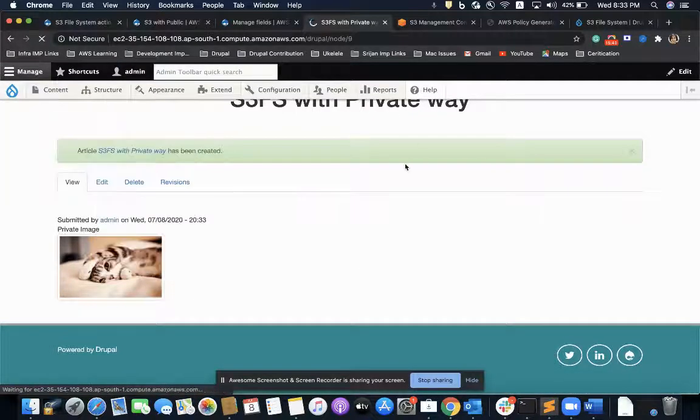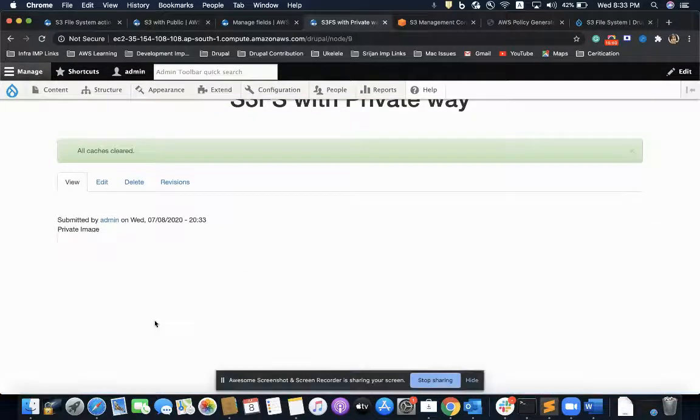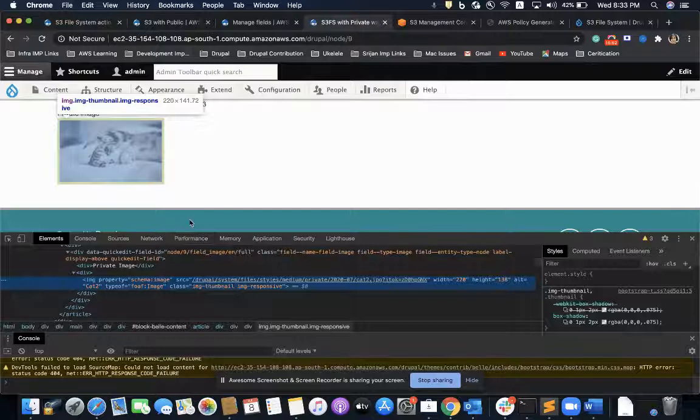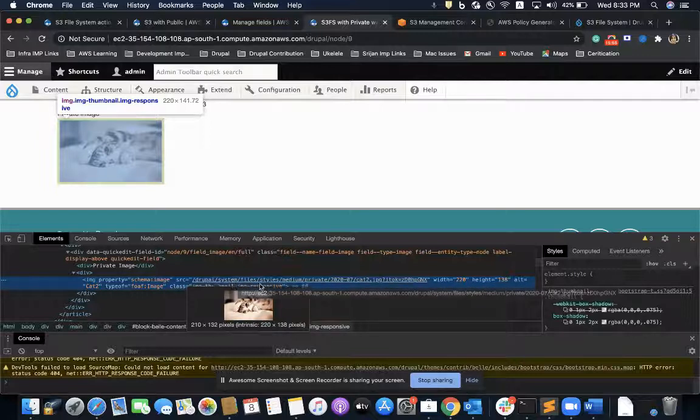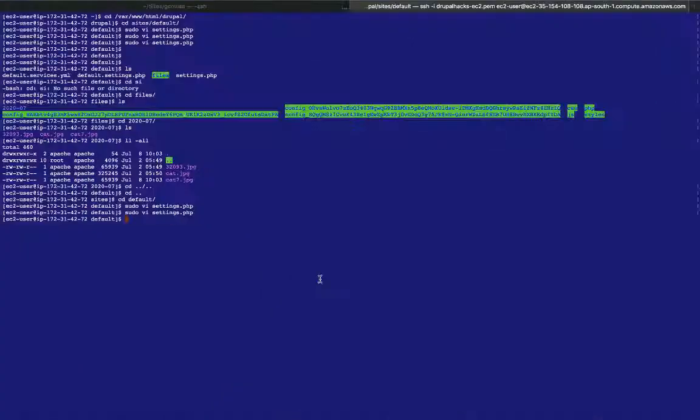I'll refresh it. I'm refreshing just to be extra sure. It is telling me that the file is coming from the Drupal system files styles medium private section, and I'll go and check it.